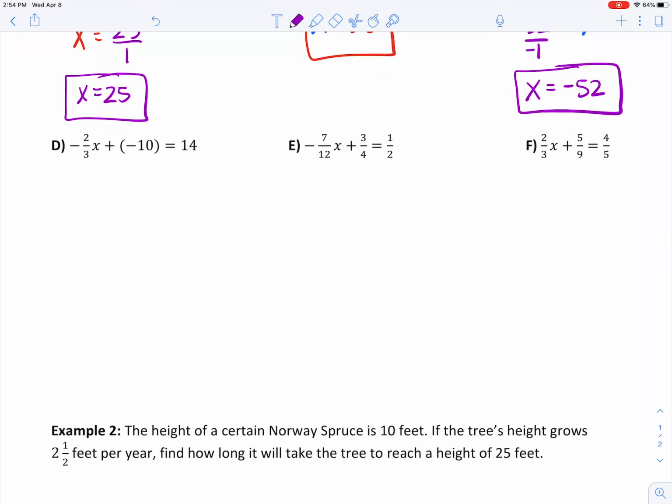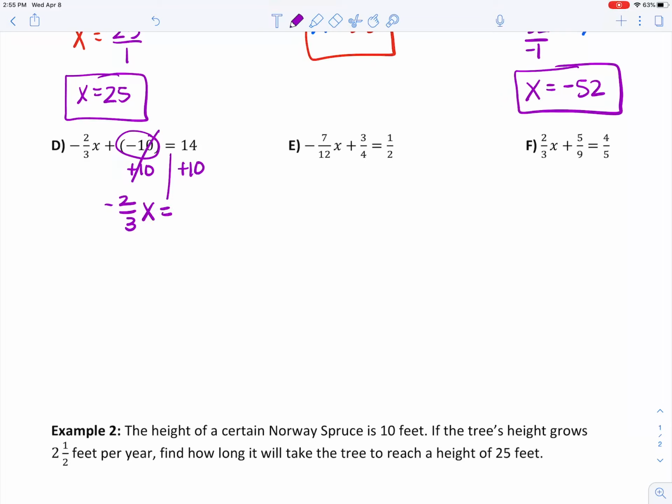Okay, letter D. I'm noticing with letter D that we have this negative 10 here, and we'll want to get rid of that first before we do anything else. Now we can do that because the opposite of negative 10 is positive 10, plus 10. So if we do that on both sides,